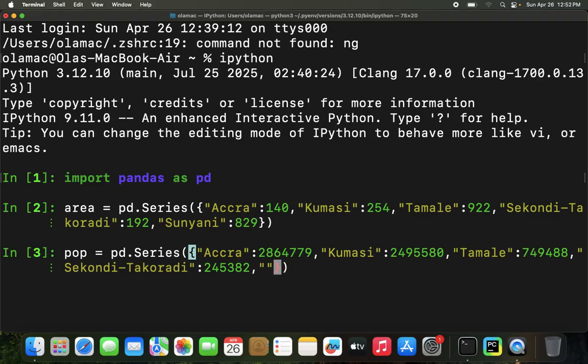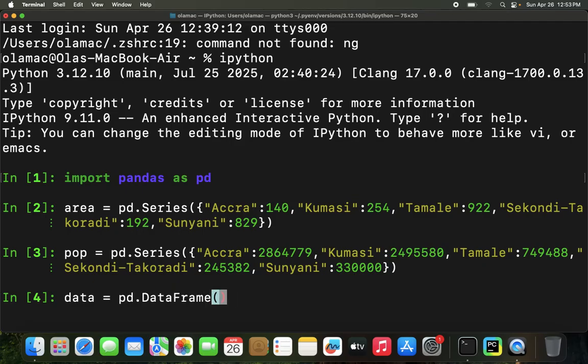And the last but not the least, Sunyani, is going to be 330,000, like so. Okay, now we can create our data frame from our series by doing pandas.DataFrame,